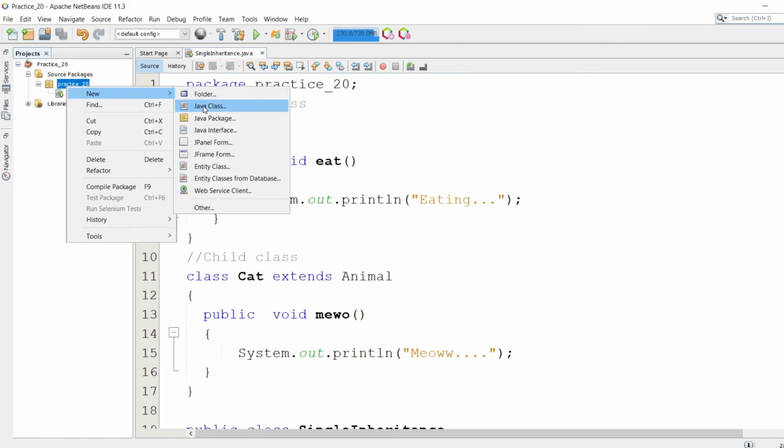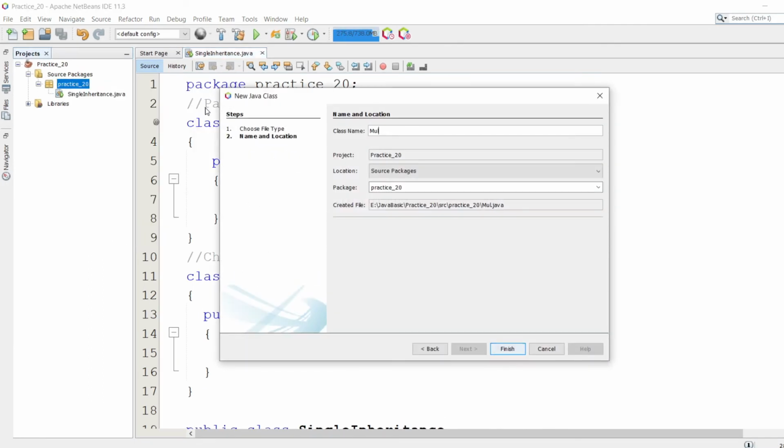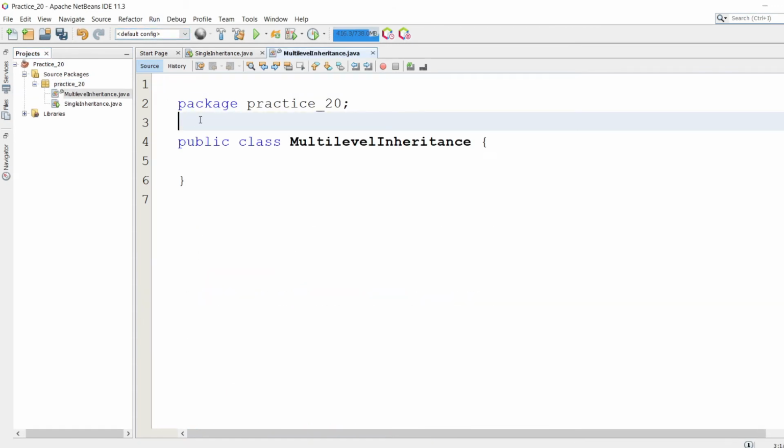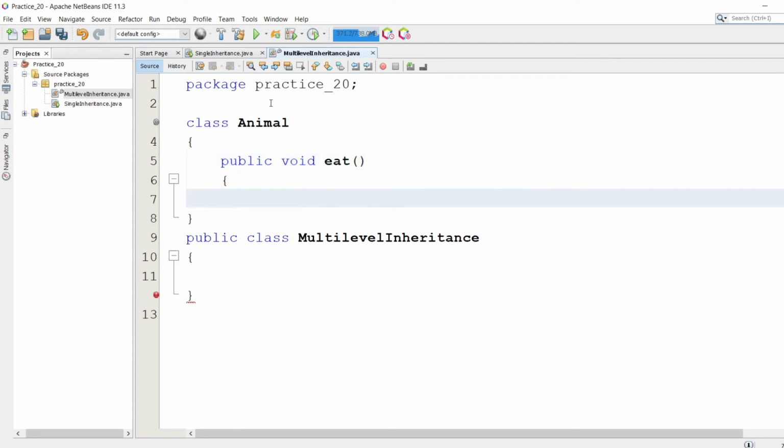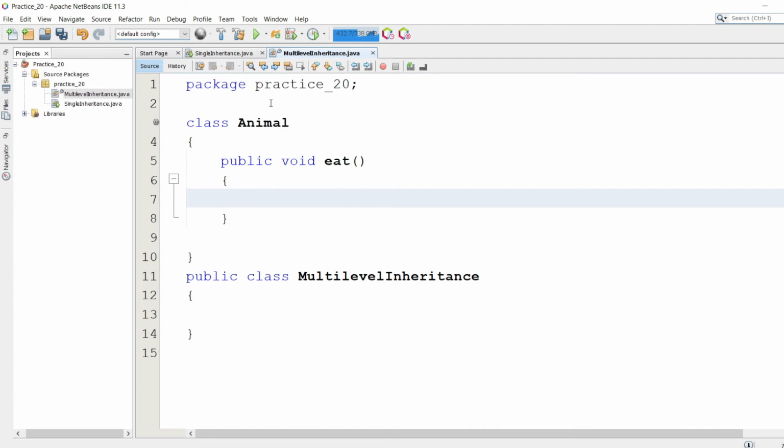Let's create here one new Java class as multi-level inheritance. So let's remove this. Now let's create a class animal. This acts as the parent class, and let's create one method. Let's make this public void eat, the same as in single inheritance. System out